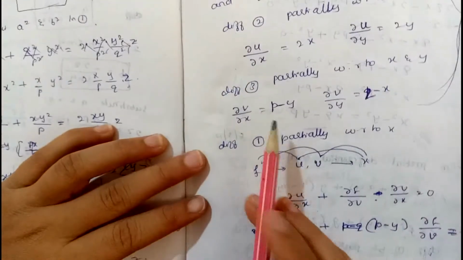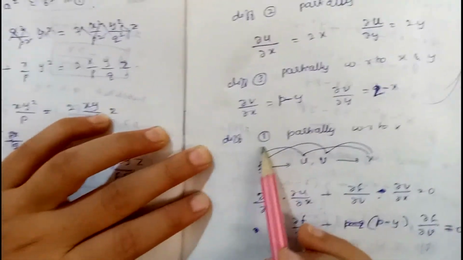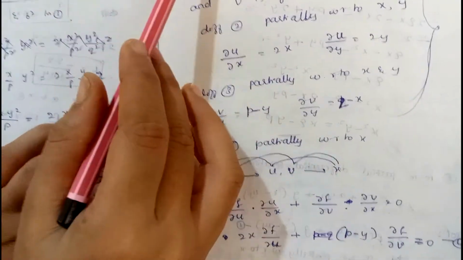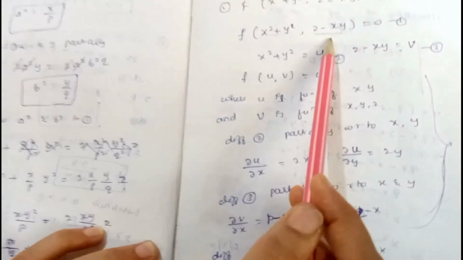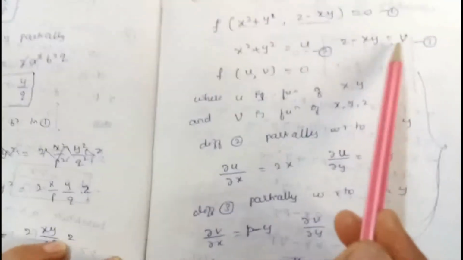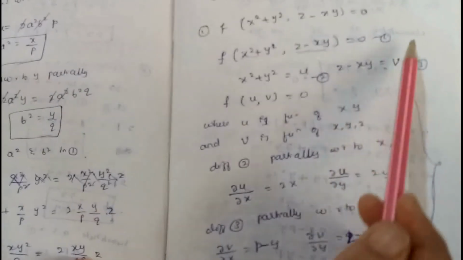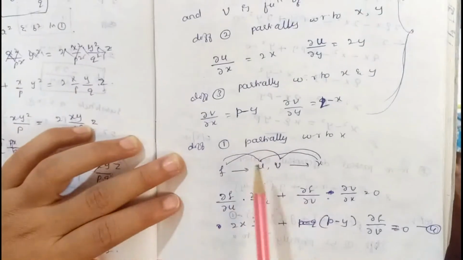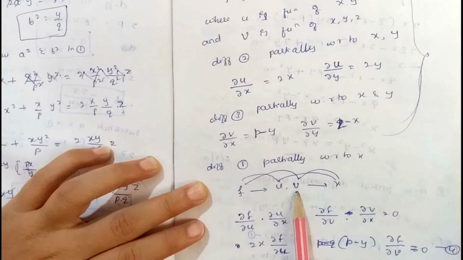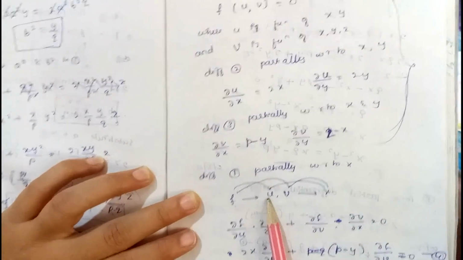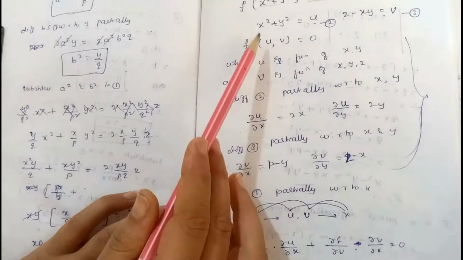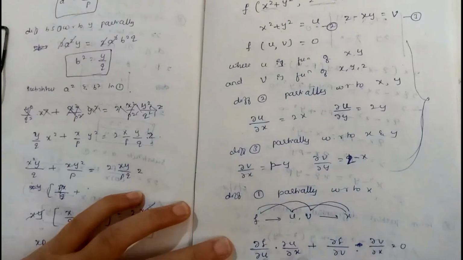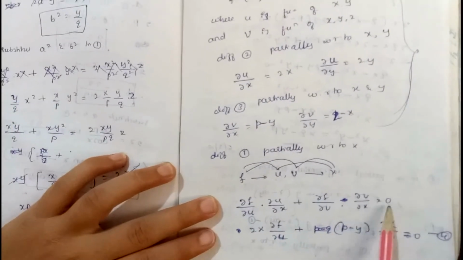Next step is we have to differentiate equation 1 with respect to x. Here observe that f is equal to this value. Here clearly f is a function of u and v. u is a function of x, y and v is a function of x, y, z. Therefore to differentiate equation 1 we follow the chain rule. That is, f is a function of u and v, which are functions of x, y. Therefore we apply the chain rule, that is ∂f. Here, first with respect to x, ∂f/∂u into ∂u/∂x plus ∂f/∂v into ∂v/∂x is equal to 0.